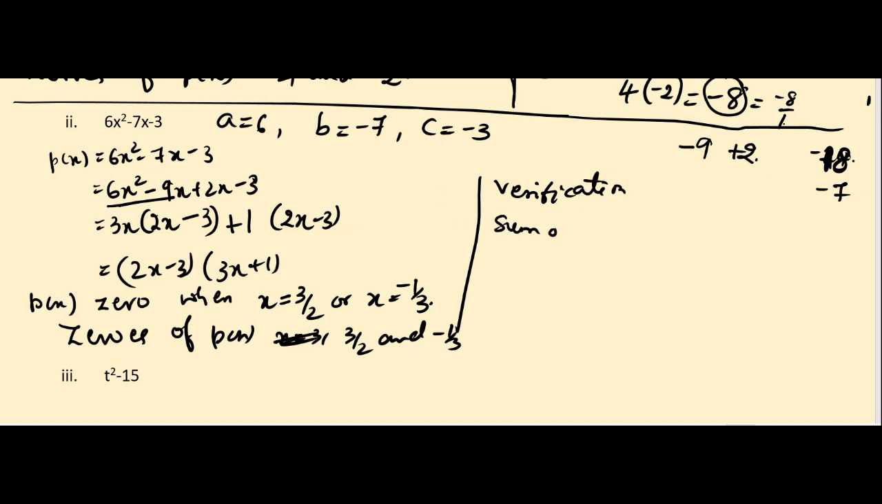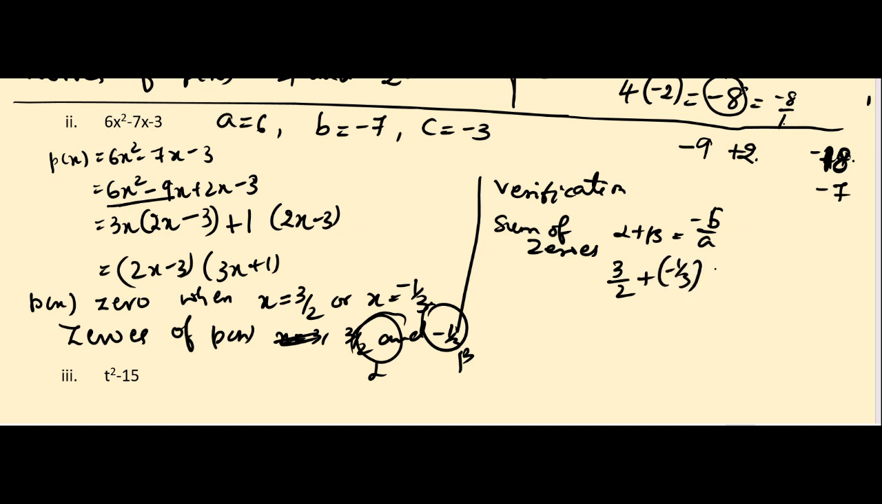the sum of zeros. The sum of zeros, alpha plus beta is equal to minus b by a, which is equal to minus the coefficient of x divided by, I will not write here. Okay, you have to write this. A means the coefficient of x square. So alpha and beta we have got, that is alpha is 3 by 2 and beta is minus 1 by 3. That's why 3 by 2 plus minus 1 by 3 is equal to,